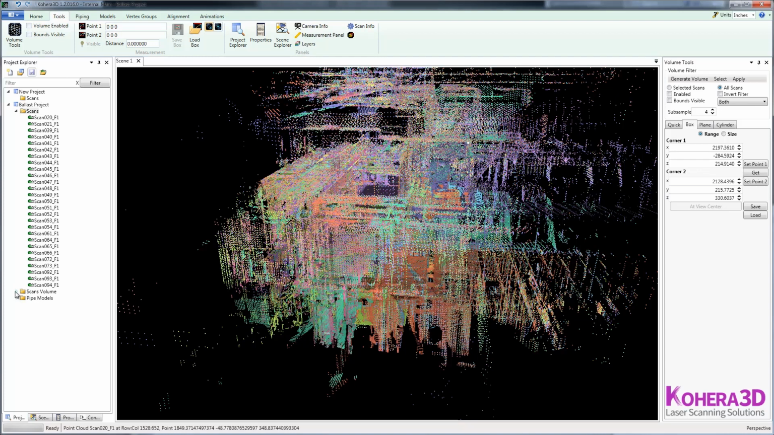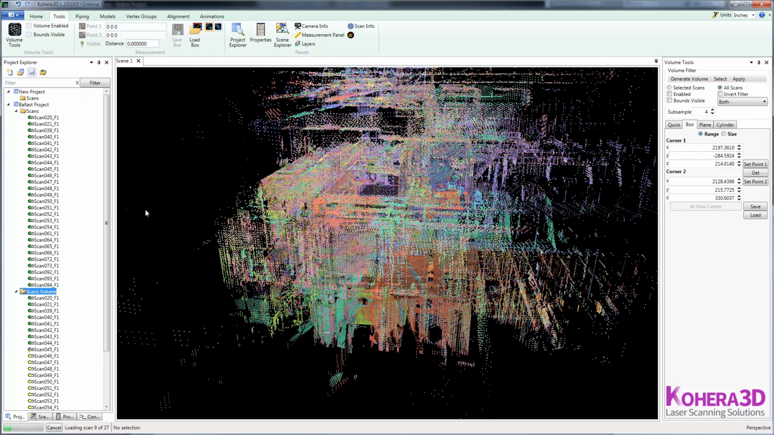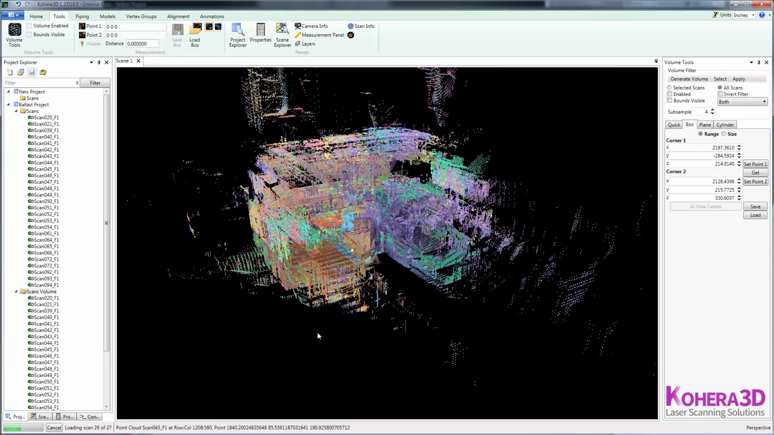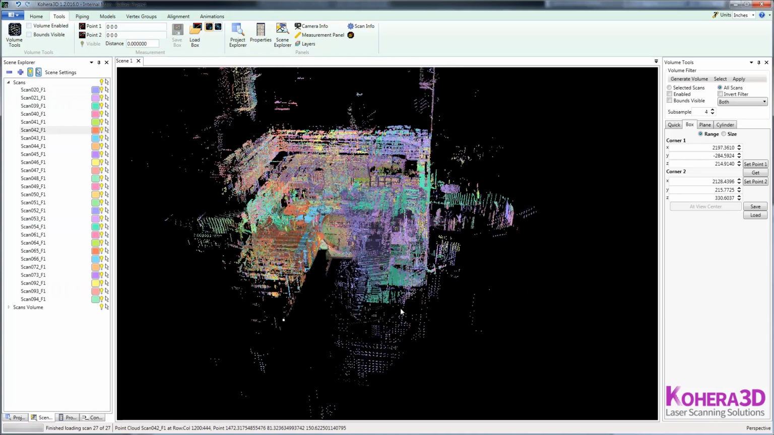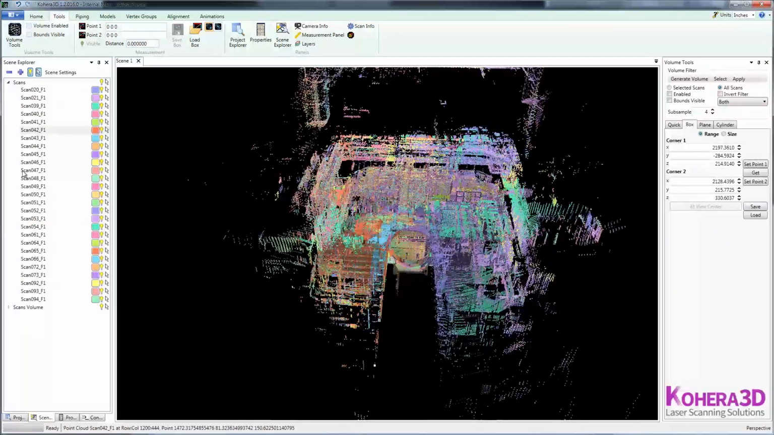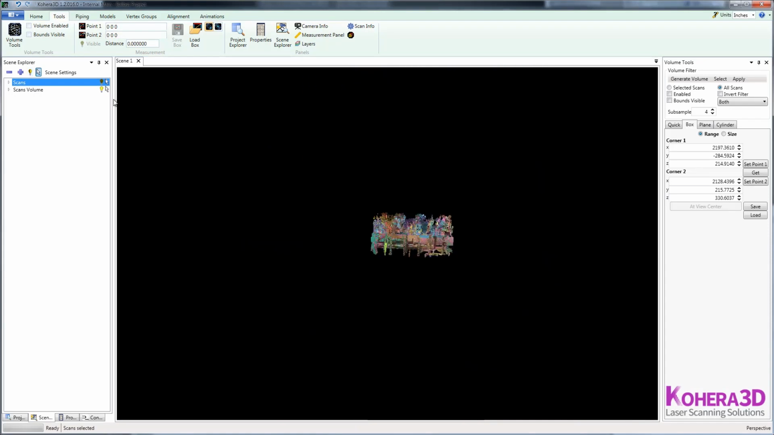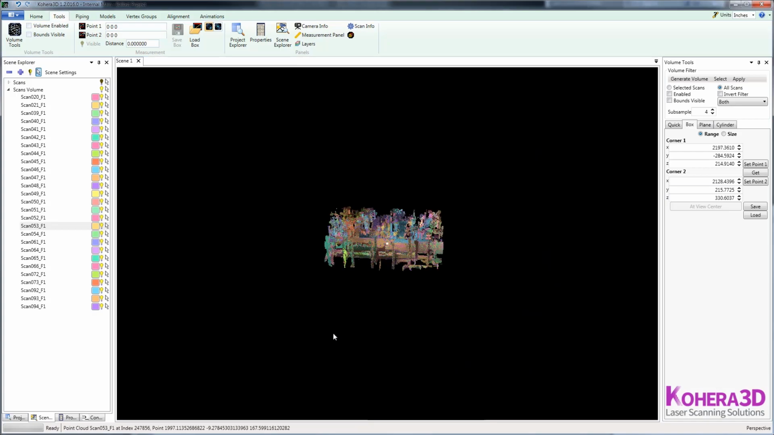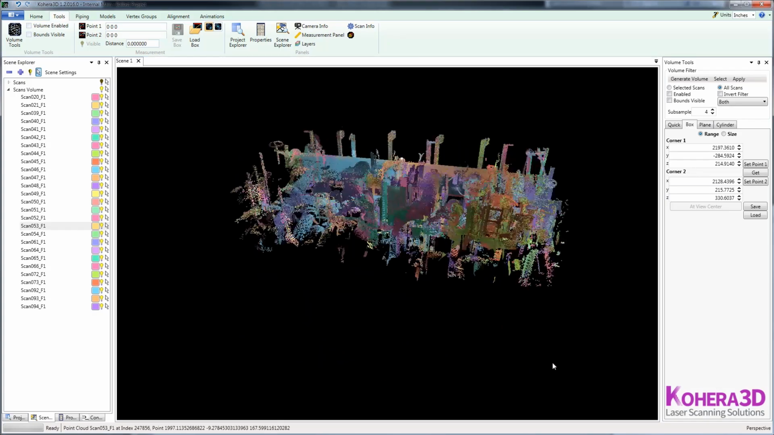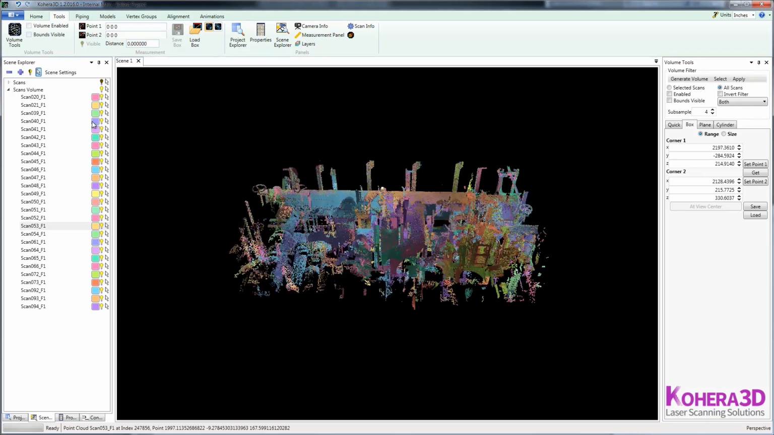So here I have a scans folder called scans volume. Let's load that, and I'm going to move over to Scene Explorer. So we have the scans folder and the scans volume. Let's hide the scans folder, and here's a volume, and this is of the same data. What I happened to do was create a volume,